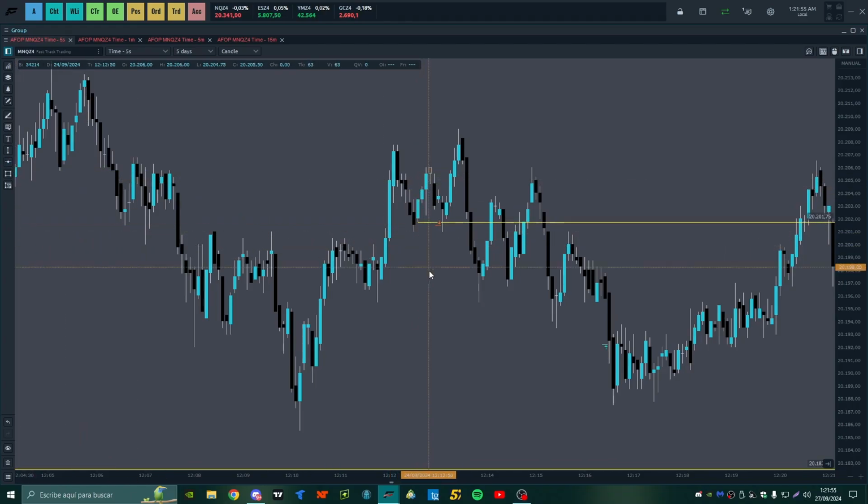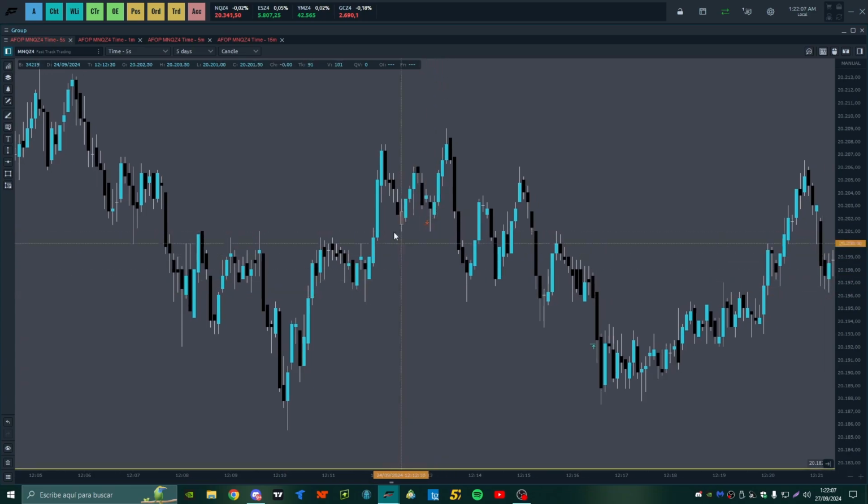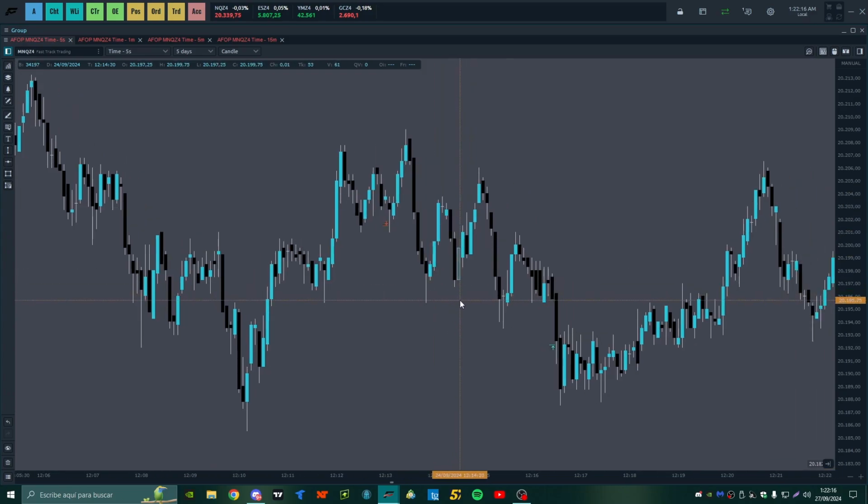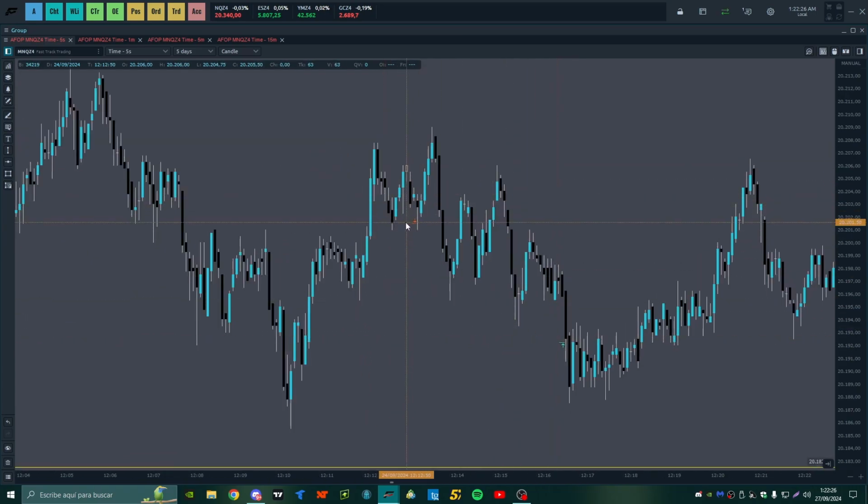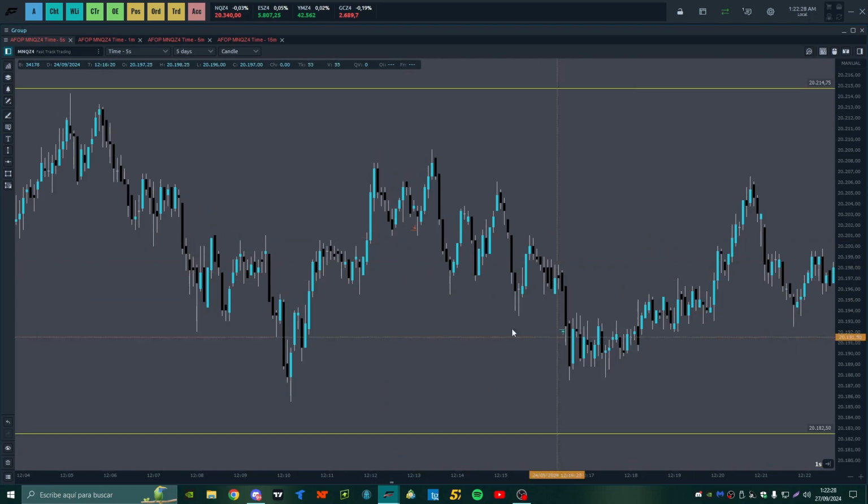It activated my order. It is an anticipated order that I sometimes make that gives me a few extra points that I gain to the break of the low. And when I manage to grab it, this operation also favors me to be more aggressive with the break. Otherwise, when I do it with a low, sometimes I have to wait for it to make a pullback. So it activated me there before breaking.